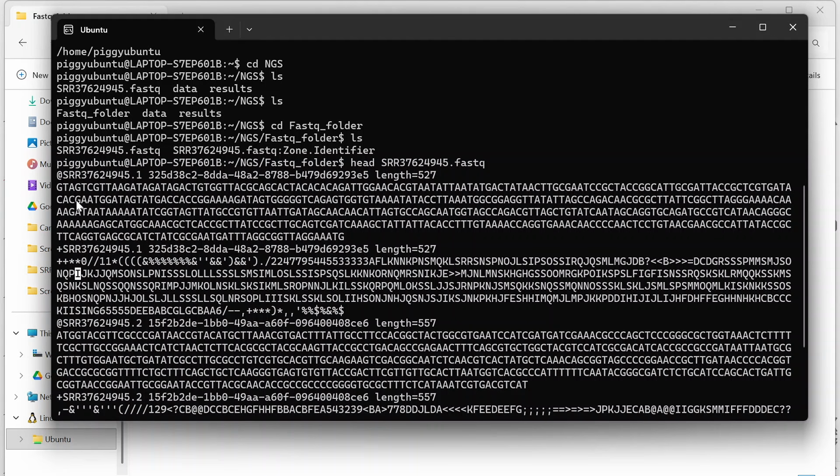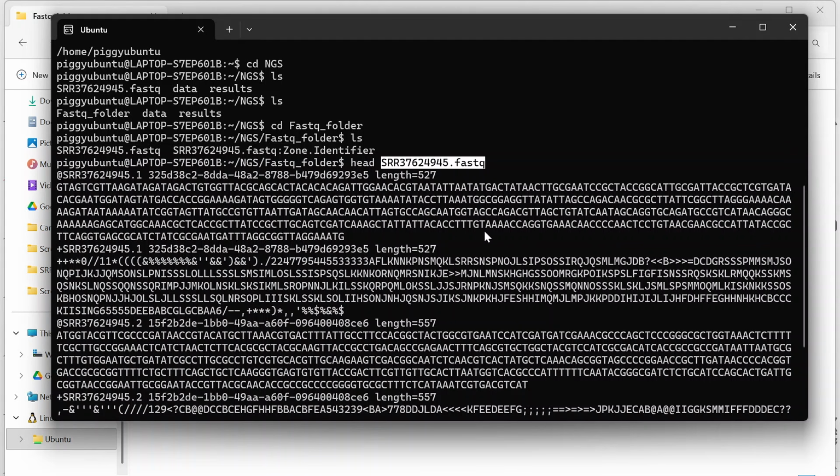But here you are seeing that the length of this DNA sequence is 527, meaning the length of the quality score is 527, and we have almost 1 lakh reads inside this FASTQ file. So we are not going to manually analyze each base.